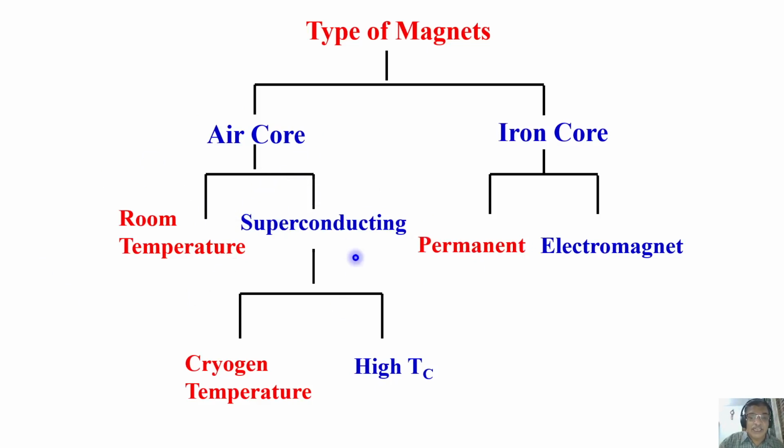This superconducting magnet in present day spectrometers is generally operated at cryogen temperature, that is at the liquid helium temperature, which is 4.2 K. Now, of course, we can go further. So we have very high field magnets working at 2 K. But you can also have a high Tc superconductor. But presently, the most popular and routinely employed, which is powerful and available commercially, is the superconducting magnet, which works at cryogen temperature, liquid helium temperature.